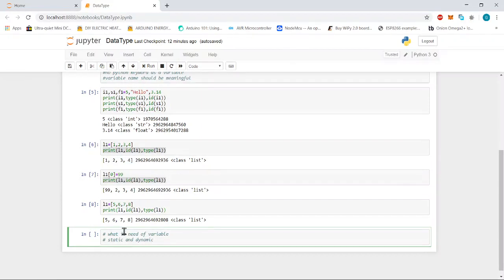So in this tutorial we will stop here. In the next tutorial we will discuss what a string is and which inbuilt functions of string exist. We will try to see all the functions one by one.